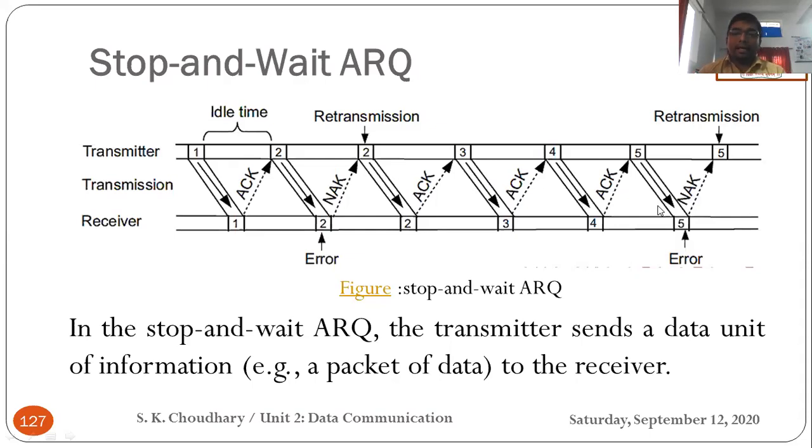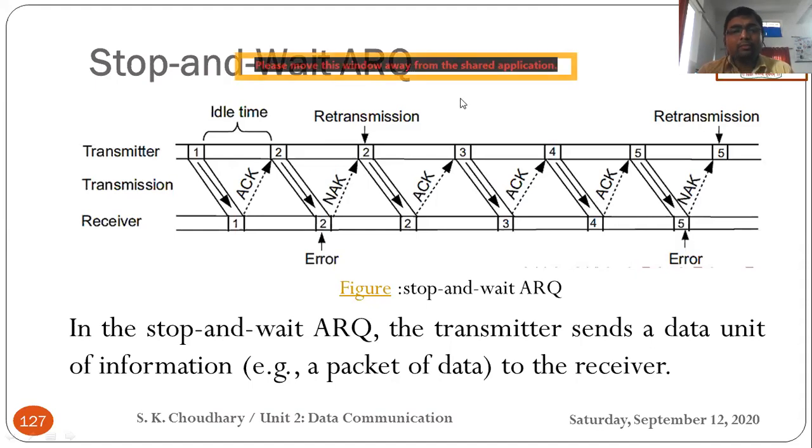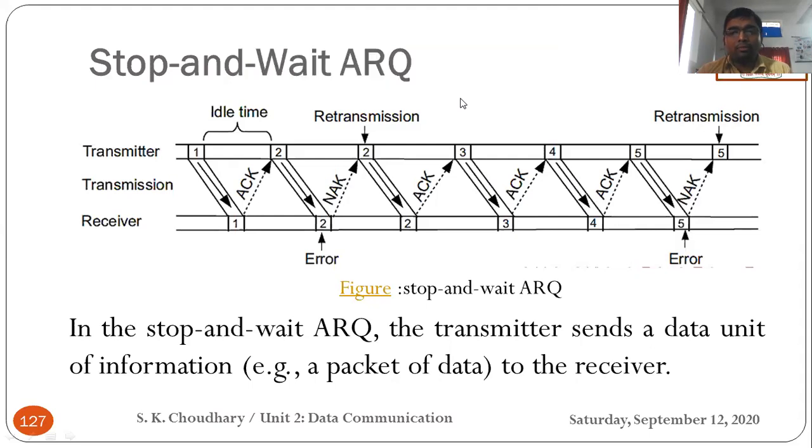So wherever there is an error, a negative acknowledgement would be sent to the transmitter, and the data would be retransmitted. And when no error is found, an ACK signal would be sent to the transmitter, and the next data packet would be transmitted to the receiver end. So it is a very simple description. I hope you understood this, and the diagram tells all the information regarding this.